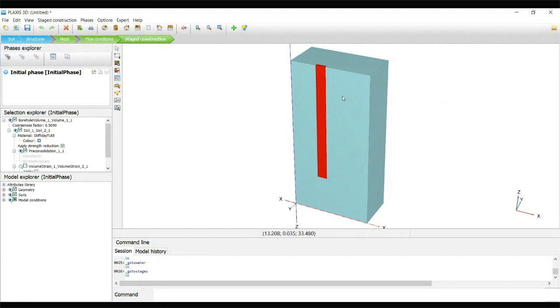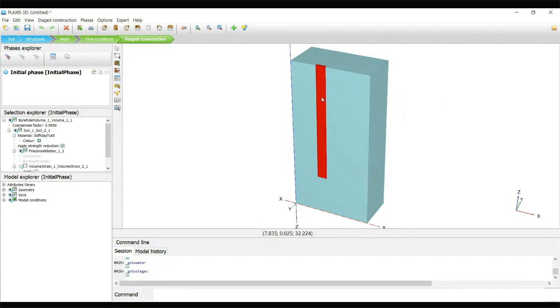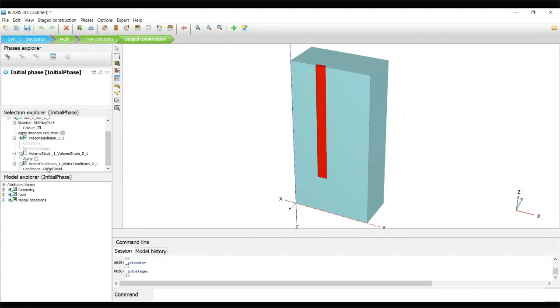In the first phase, segment 1 needs to be removed by using the deactivate toolbar. We are also going to apply the bentonite pressure by changing the pressure value in the water condition. We are going to change the water condition mode, how we apply the different pressure. So I add one phase, phase 1, that is the excavation, segment 1. It's only a plastic calculation. We are going to do a plastic calculation.